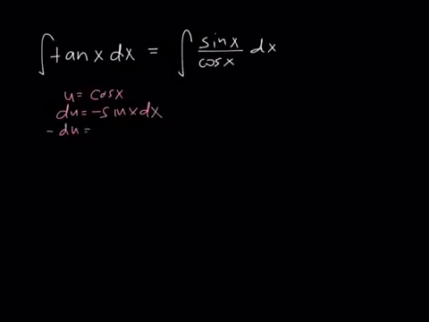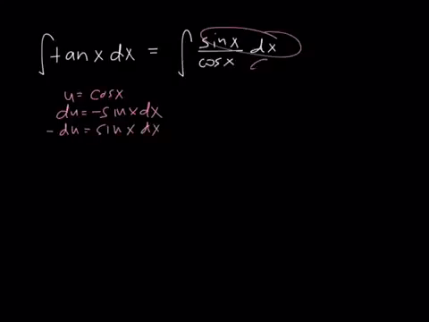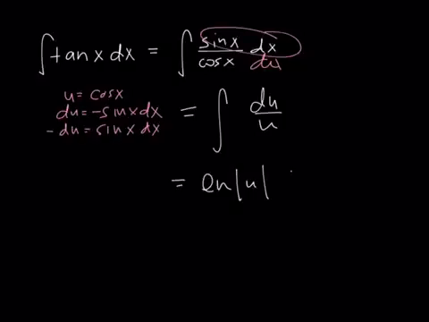Negative du equals sine of x dx. So there's my du. So that becomes the integral of du over u, which is ln of u plus c, which is ln of cosine of x